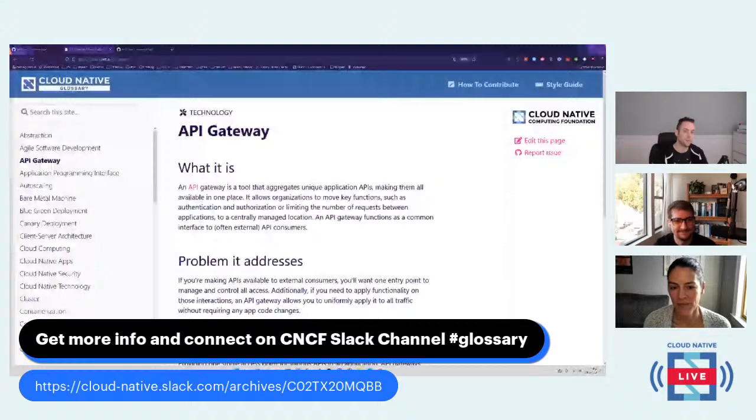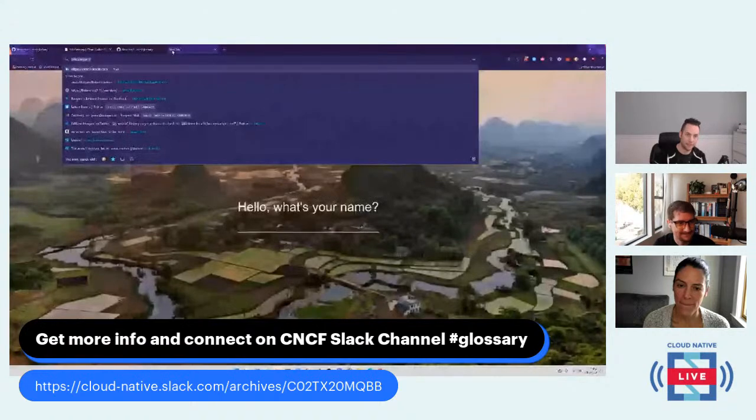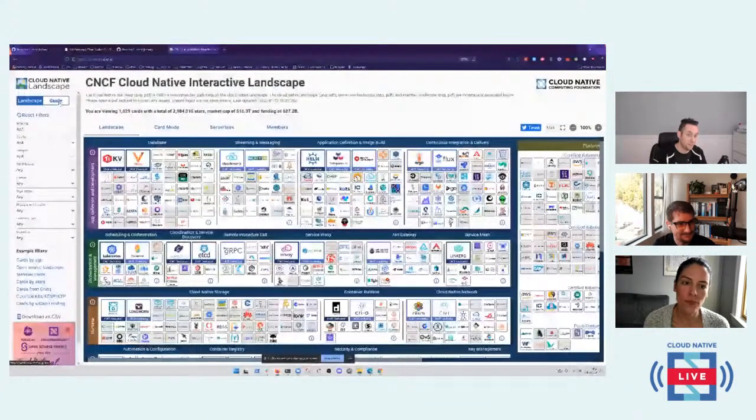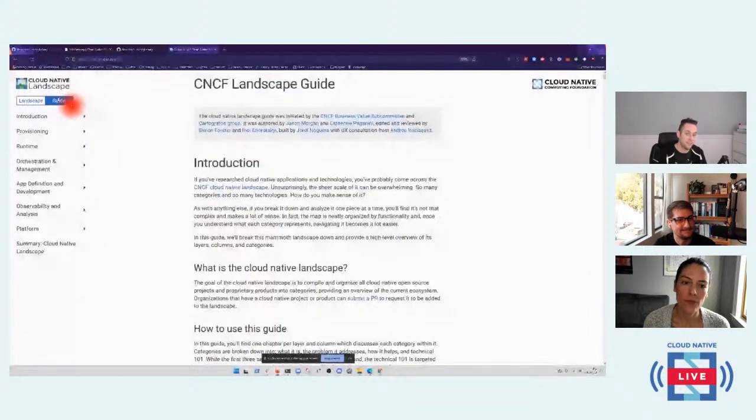I'd add to that, right? If you like the glossary, if you've been to the Cloud Native landscape lately and you've seen the landscape guide button, so there's a little guide. If you like things like this, where you start to explain some of these terms and make an impact on Cloud Native without an exclusive focus on the tech or on coding, come check out the CNCF Business Value Committee.